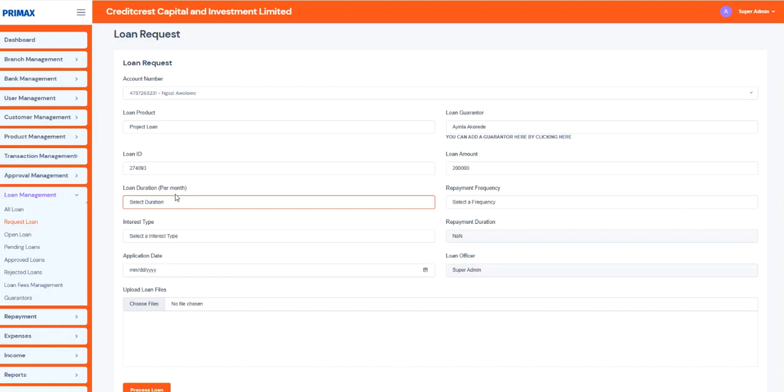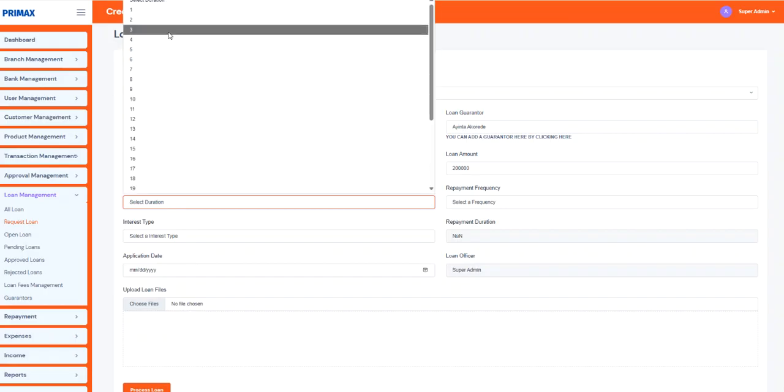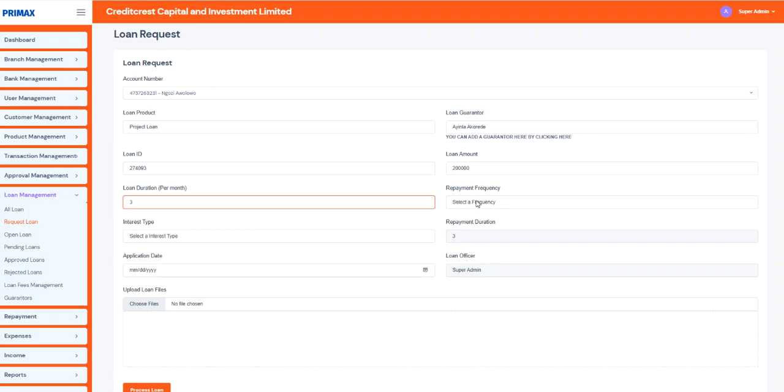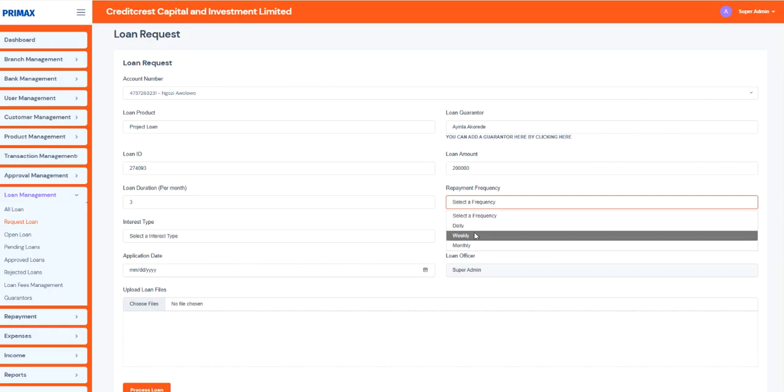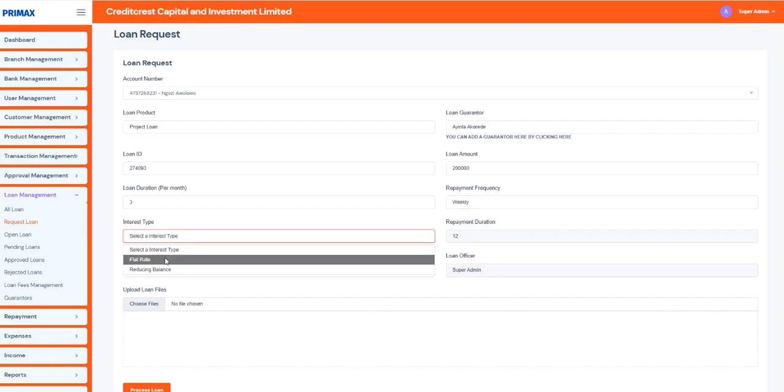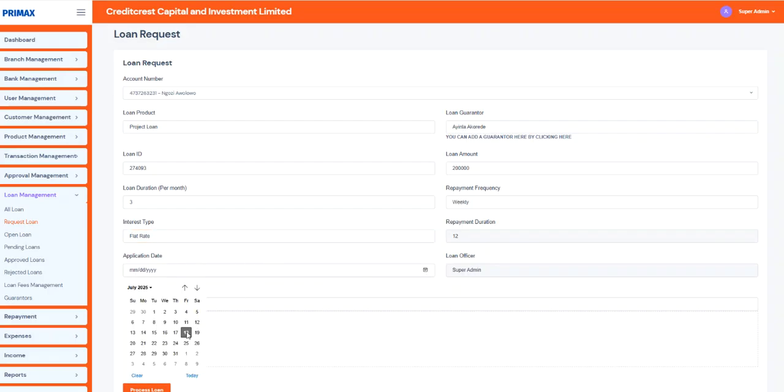Whatever you choose there is going to be calculated per month. So let's assume we are picking 3 months. Now, the repayment frequency is how frequent the repayment is going to be happening. So if you choose weekly, for example, automatically you'll observe that this repayment duration is changing. So we are choosing weekly, and because it is spanning 3 months, that is going to give us 12 weeks, right? Then the interest rate, flat rate, application date,